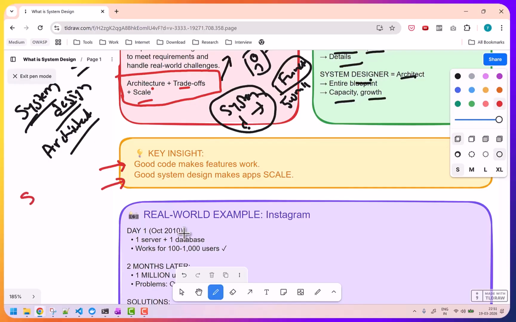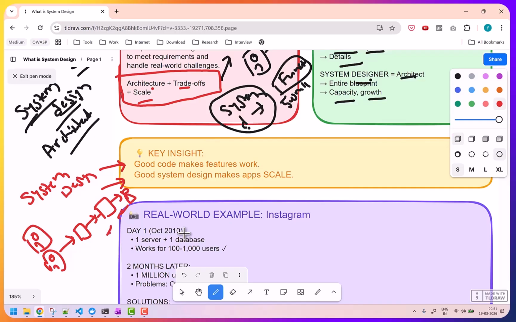So whenever you think of system design, you don't need to think about just a single user, right? Anybody can design that, and that's how developers do it. They will say, okay, if I want to design it, there will be a user who will be using an API gateway. There will be a service. It will hit it, connect to the DB, bring the data and send it back, right? That's how a developer will think. But this is not system design. System design comes into the picture when you add the mindset that, okay, currently there is a single user, but let us say there are thousands of users connecting, then how will it work? That is actually system design.